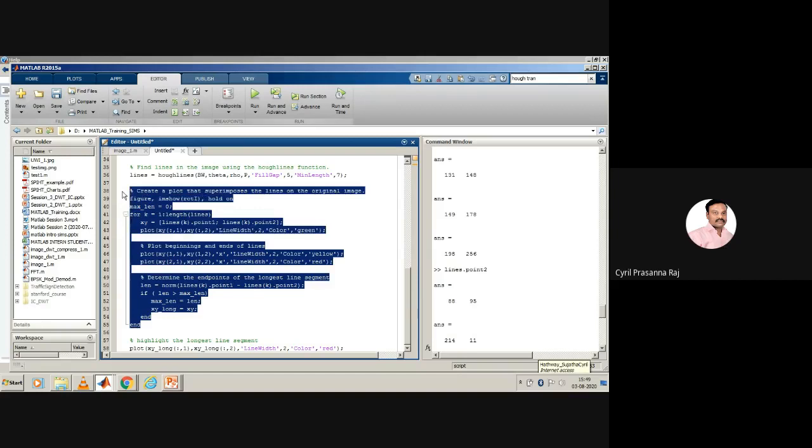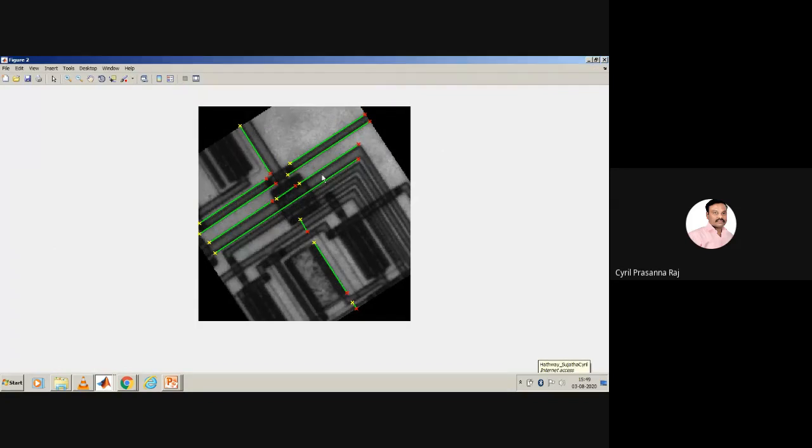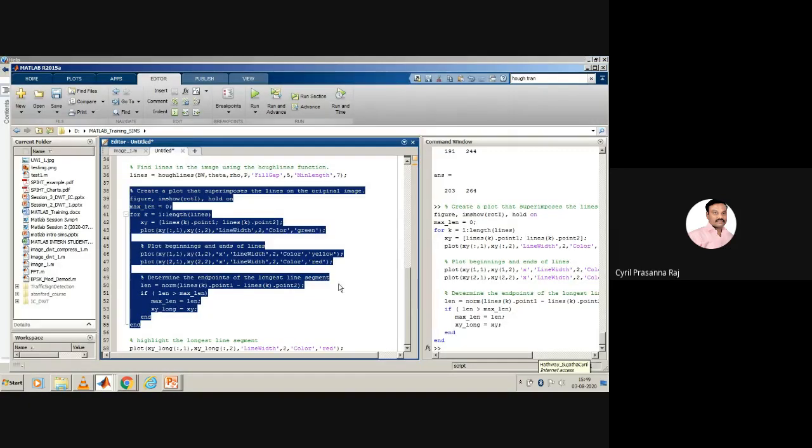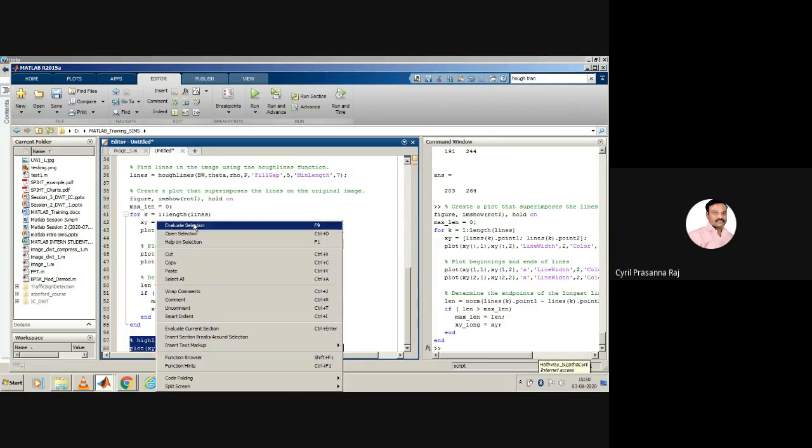When you run this entire code, you find that these are the lines that are very significant, from the longest lines available. This is one of the longest lines. Then we start with the yellow mark and the red mark, so yellow and red are the starting point and ending point. So we identify all the lines that are available which are very significant according to this program. We are able to find out the number of lines, and finally we also find out which is the longest line there.